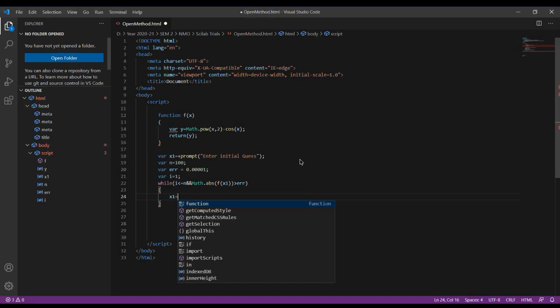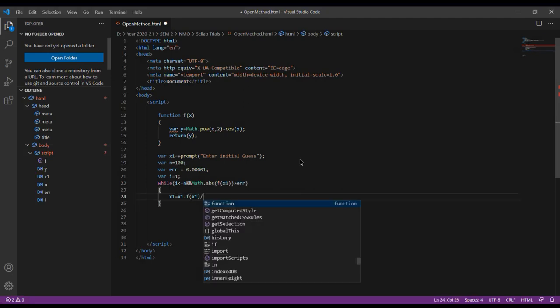x1 minus f of x1, after the round bracket slash, the division key, Df of x1. Df of x1 semicolon. So what we are doing, x1 equal to x1 minus something,